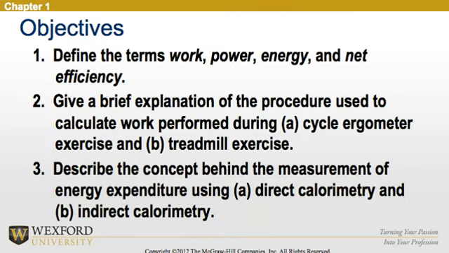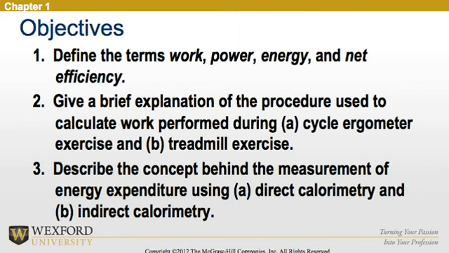The objectives of this chapter will be to define the terms work, power, energy, and net efficiency. We will give a brief explanation of the procedure used to calculate the work performed during a cycle ergometer exercise and a treadmill exercise. In addition, we'll describe the concept behind the measurement of energy expenditure using direct calorimetry and